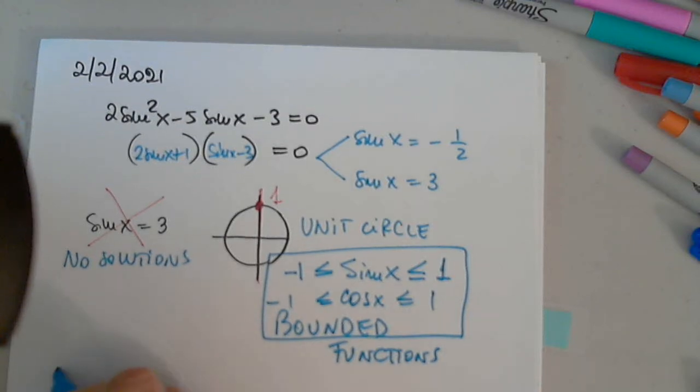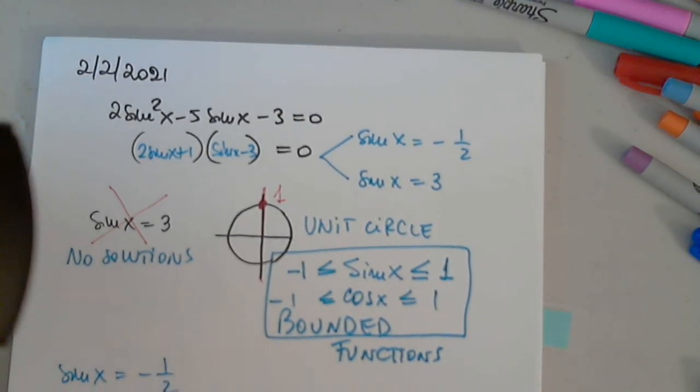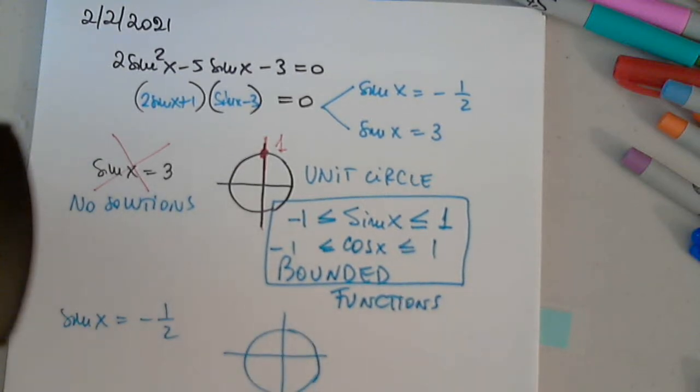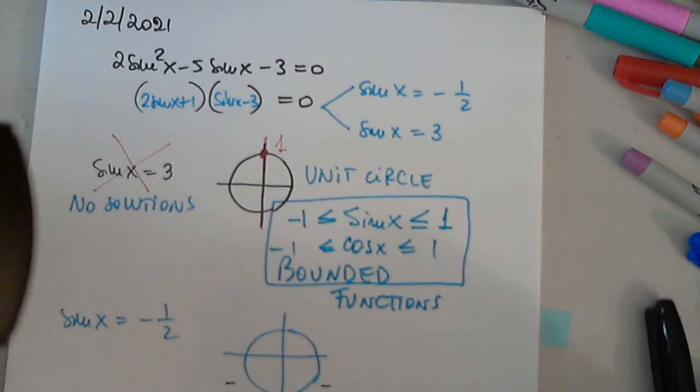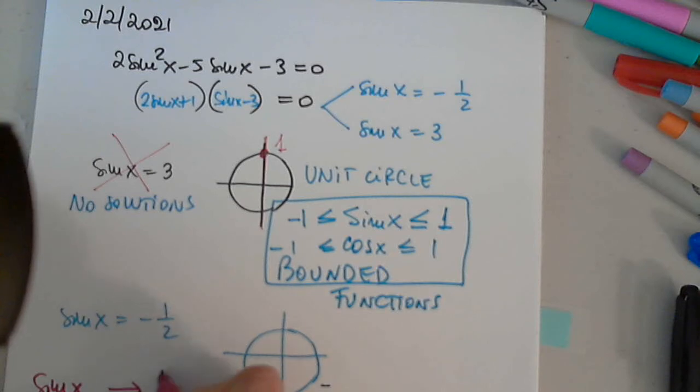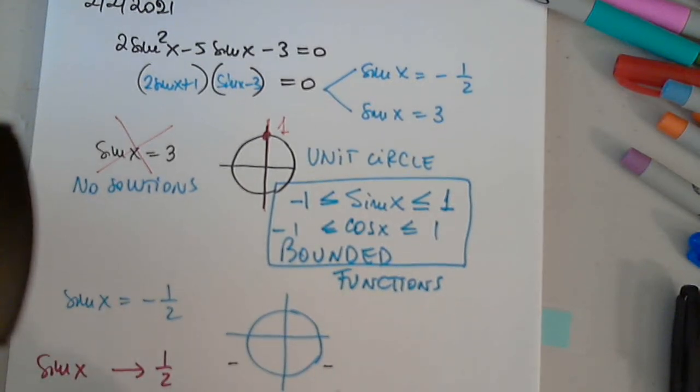Okay, and then we have the sine x equals -1/2. And now we have to position the negative values. See where they are. Where are the negative values for sine? Quadrants 3 and 4. Very good. So right here and right here. Perfect. So what did we say last time? What is the connection between sine x and 1/2? Forget about the negative symbol for a moment. From that little chart that we drew last time, sine x connected to 1/2 always means that x is